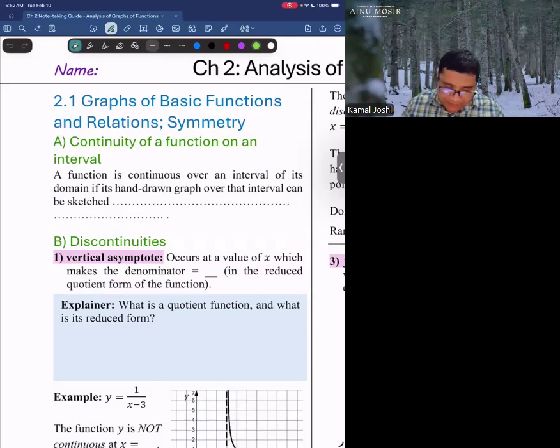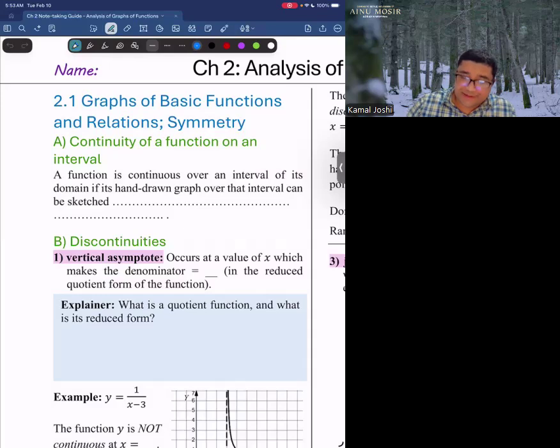So let me begin with the first section: graphs of basic functions and relations and symmetry. In this topic, we are going to look at the graphs of some basic functions, and we are going to look at the concept of symmetry in those graphs, and some properties about that graph which we are seeing in the first page here. The first topic,